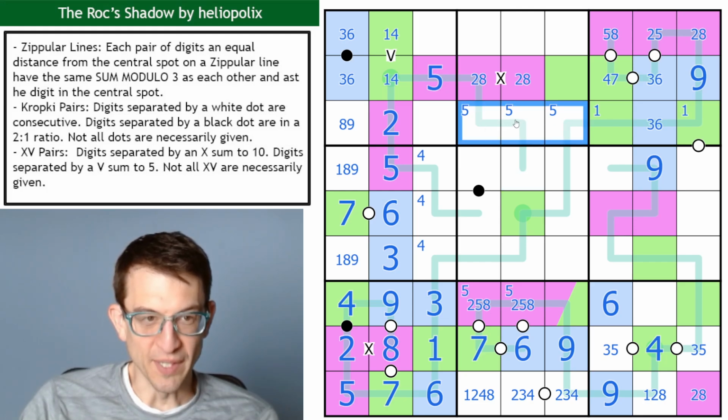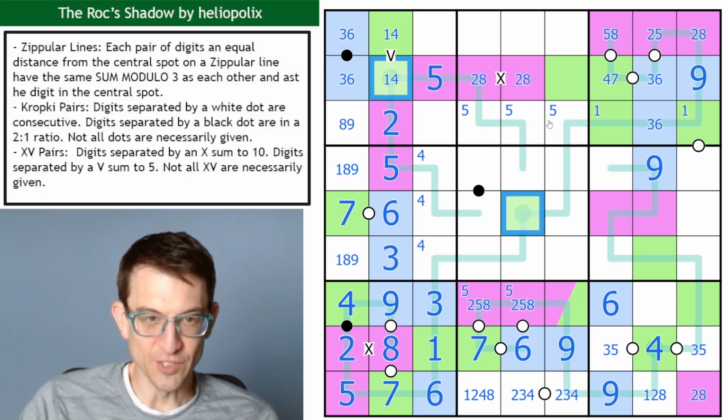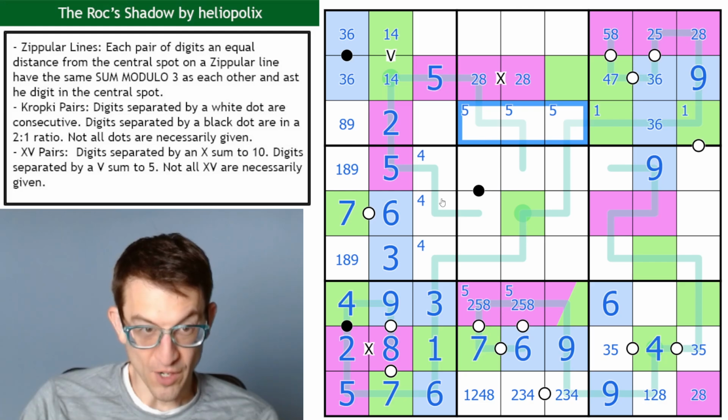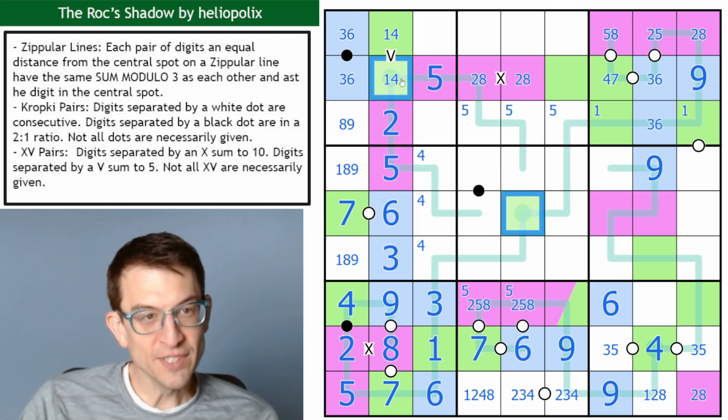So one of these is pink, and so it's always green in the center. So these are going to go across from another pink somewhere. Oh, interesting. So because these are all the same,